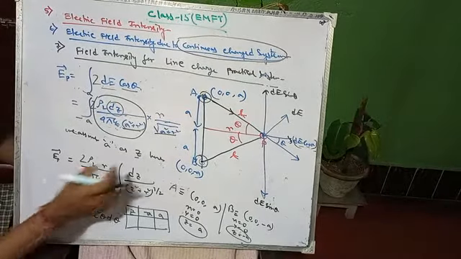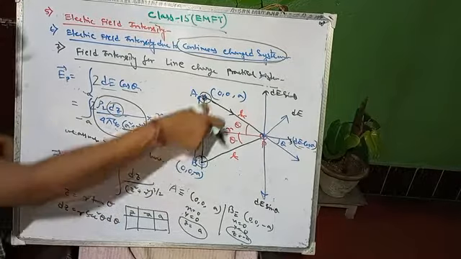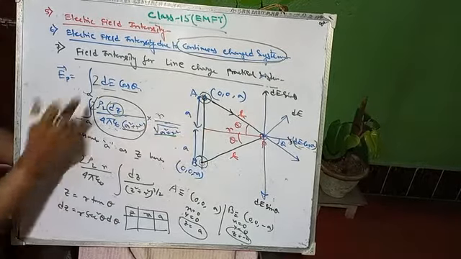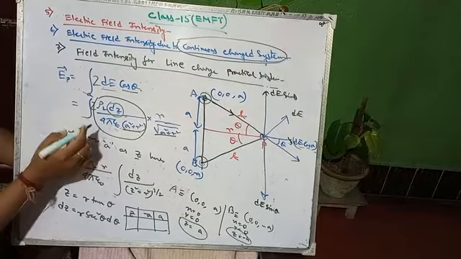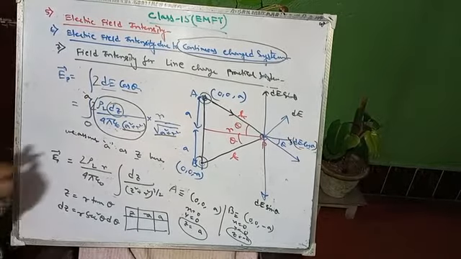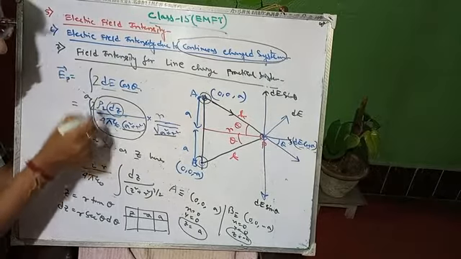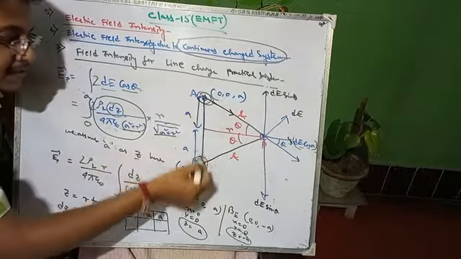Actually, we are taking the part from 0 to a. Why? Because we are taking this one and this one simultaneously, so we have to take 0 to a. It is very much important. Whenever you are integrating and putting this 2 over here, you are taking a and b simultaneously.